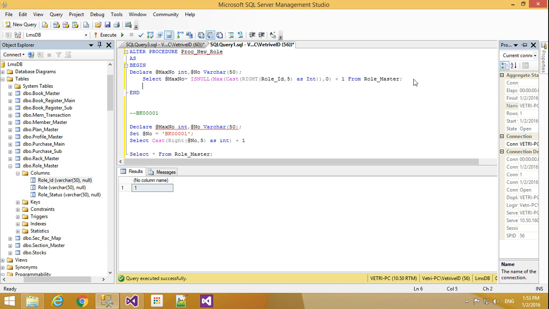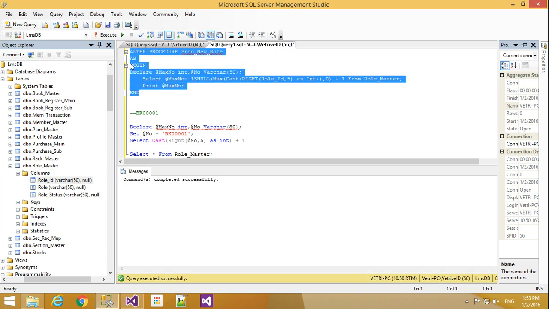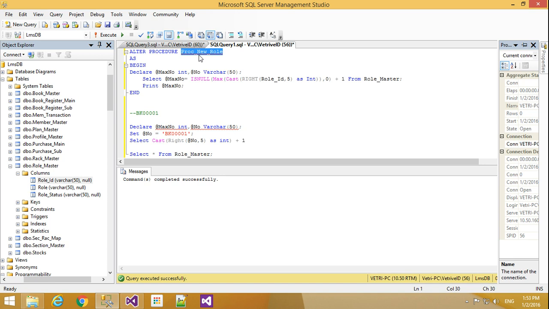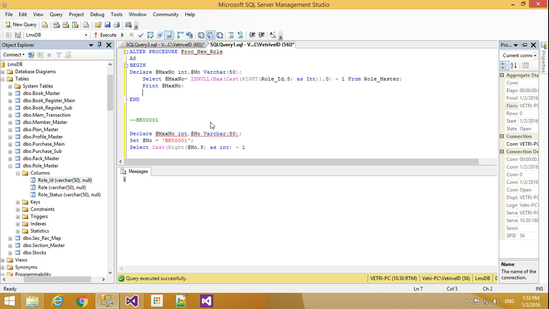So we need to show that. So just print max number. So this value is now going to print. So first let me execute this procedure. I get 1. Okay. In that 1 I need to append, like I need to show in this format. So what I will do here,